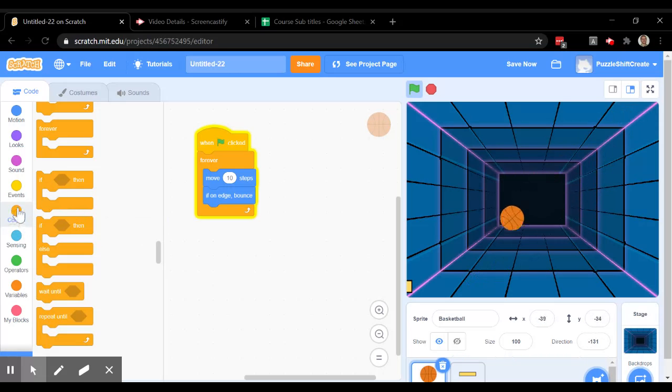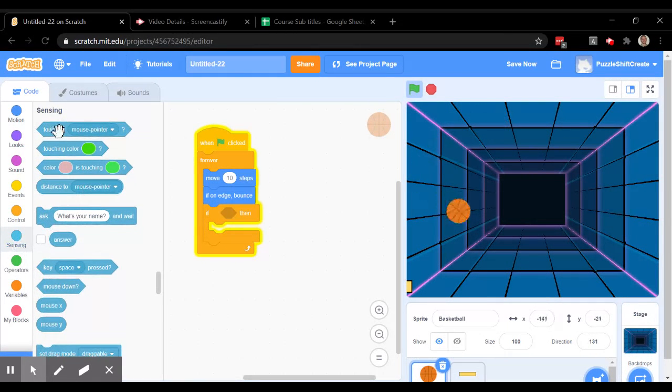Now in the control menu, there are these blocks called if-then blocks. So now every time it moves a little bit, it's going to do an if test. And what it's going to try to do is see if it's touching something. So I need the if-then loop, and I'm going to see if I am touching the